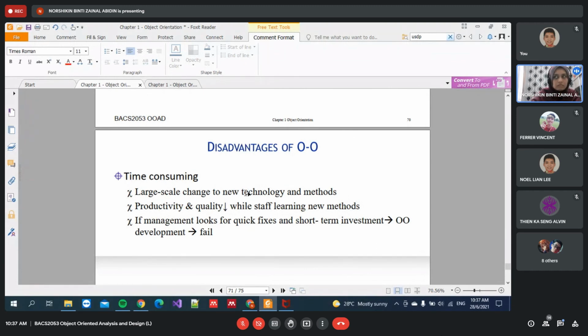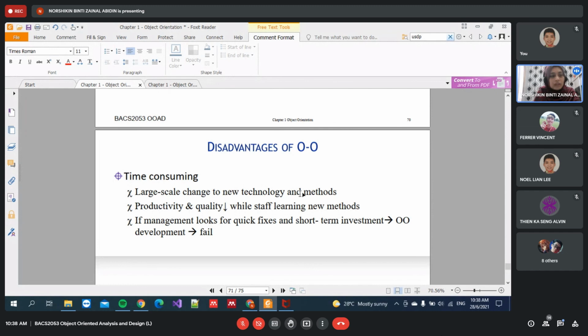That means if there is any new technology or method that you want to adapt, you will need a large scale change, because once you have already started your project using your current or existing method, and then suddenly you want to change, or suddenly there is new technology that you want to adapt,